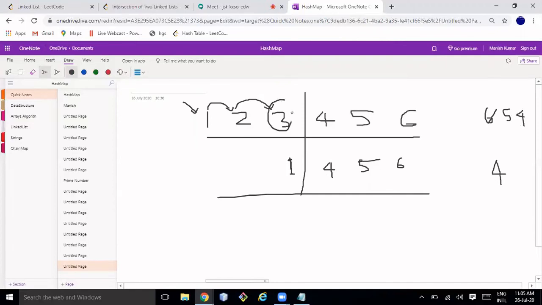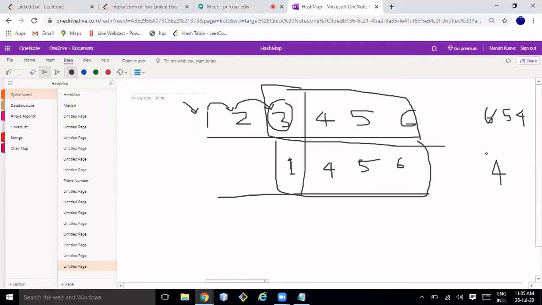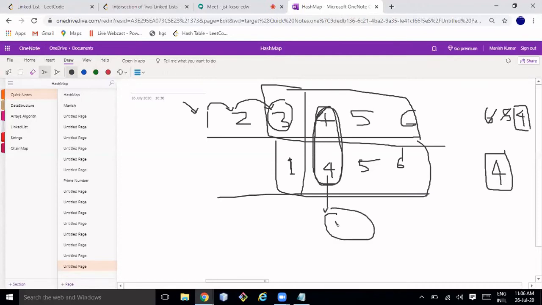Once I reach here, the number of elements in this list will become 4. The number of elements in this list is also 4. So both lists have 4 elements. Now if I compare 3, 1, 4, 4, 5, 5, 6, 6, obviously here you will meet the condition, in the second case only. So here you meet the condition, you can get the element. What element is that? Where we are pointing.